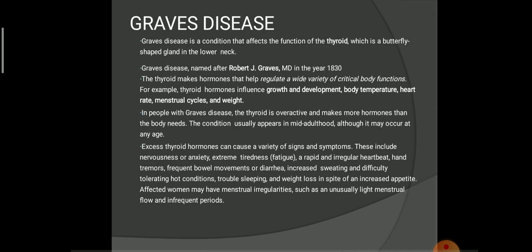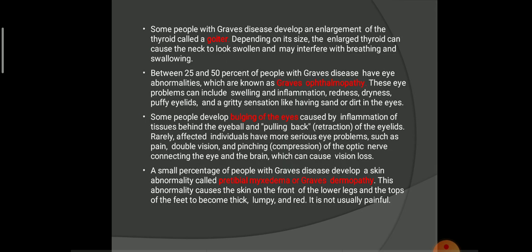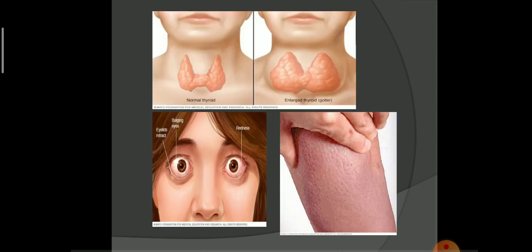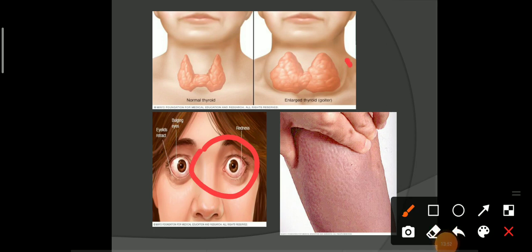First we'll discuss two autoimmune diseases, that is Graves disease and Hashimoto's thyroiditis. Graves disease is one of the diffuse forms of goiter. It is also called diffuse toxic goiter. The main three striking features when we just hear the name Graves disease are, one, exophthalmos. See here, exophthalmos, and goiter, meaning increase in the size of the thyroid gland, and pretibial edema.